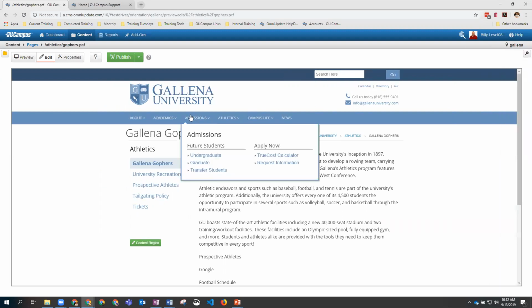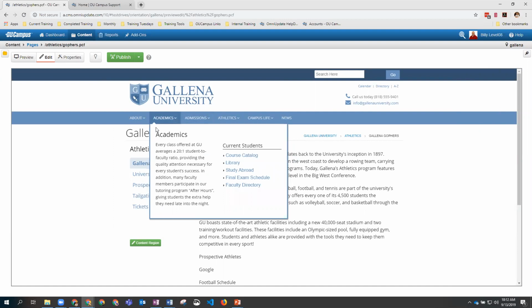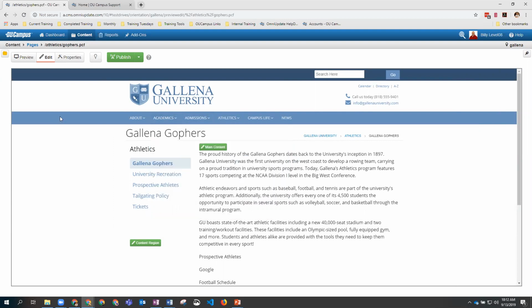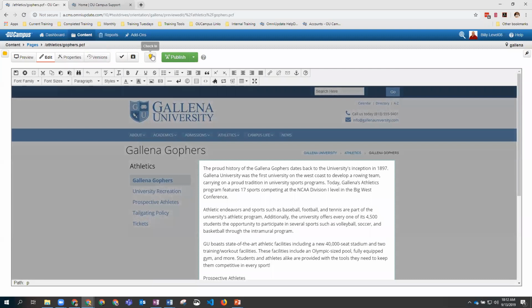All right, so let's go ahead and begin to do a little bit of editing to our page. To begin editing the page, we do need to have the page checked out to us. We can check the page out first by clicking on the checkout content, but if we just click on a region, it will automatically check the page out to us. So by clicking on main content, you'll notice it does check the page out to us